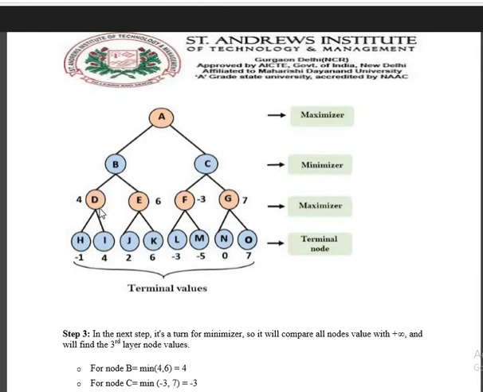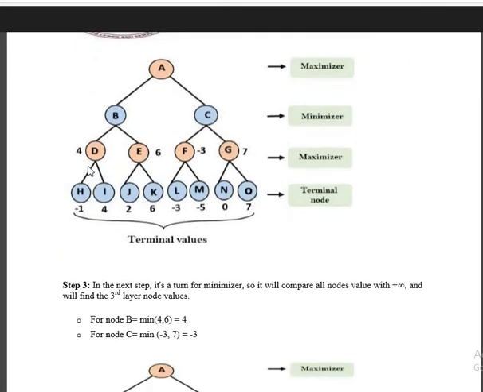So when we reach this part, we come to know that once the maximizer has made one move at level one, the minimizer has made one move, and again the maximizer comes to this level. In this level, the utility values of clearing this level are 4, 6, -3 and 7. So for the node B, the minimum, the best optimal move that can be done is 4 or 6. So initially it is going with the value 4.